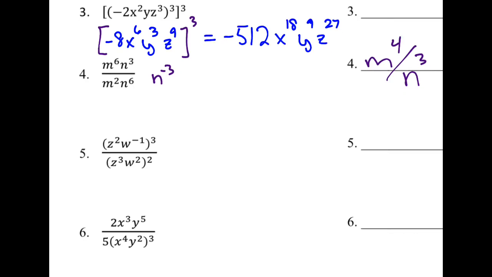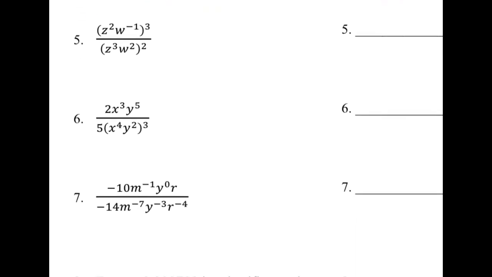All right, number 5. We're going to have to distribute those exponents first using our power to a power rule. So we've got z to the 6th, w to the negative 3, and on bottom we have another z to the 6th and a w to the 4th. Okay, so using our quotient rules,